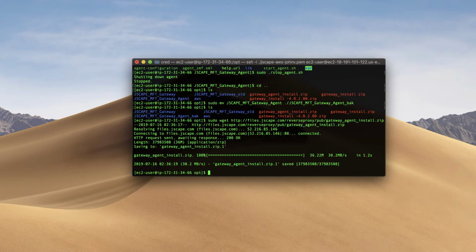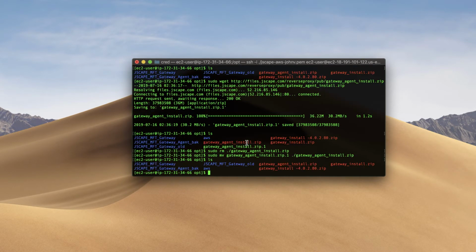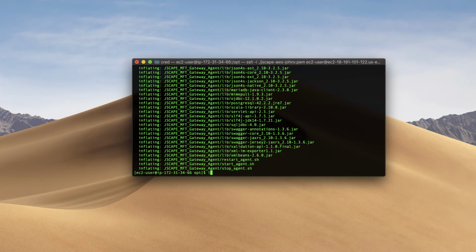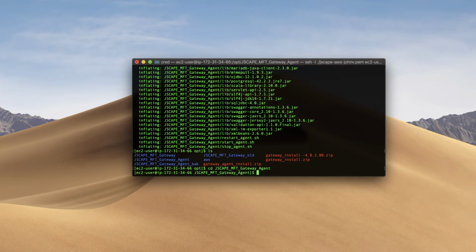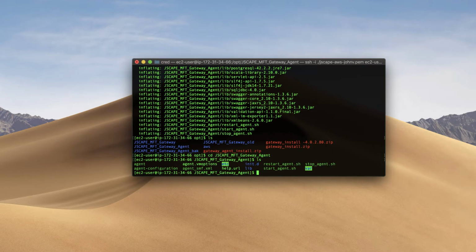As soon as the download completes, we then unzip the downloaded file using the unzip command. And then after the zip file finishes unpacking, we then navigate into the new MFT Gateway Agent installation directory and then configure the agent by running the agent-configuration command line utility tool along with the pertinent parameters. So for example, agent-configuration -host and so on and so forth,